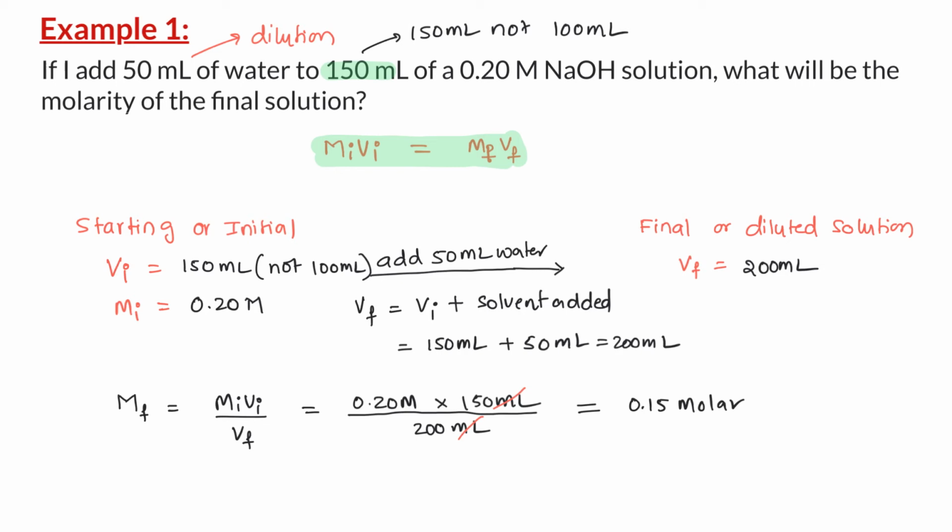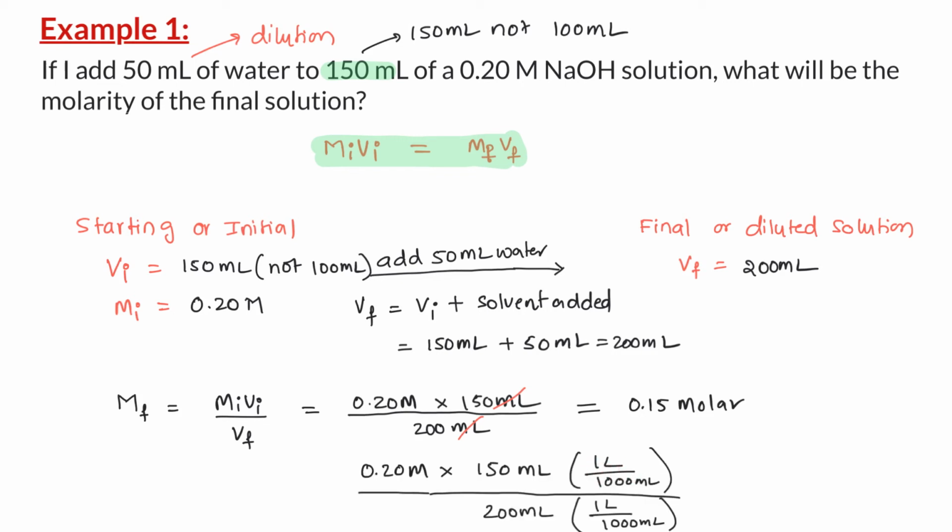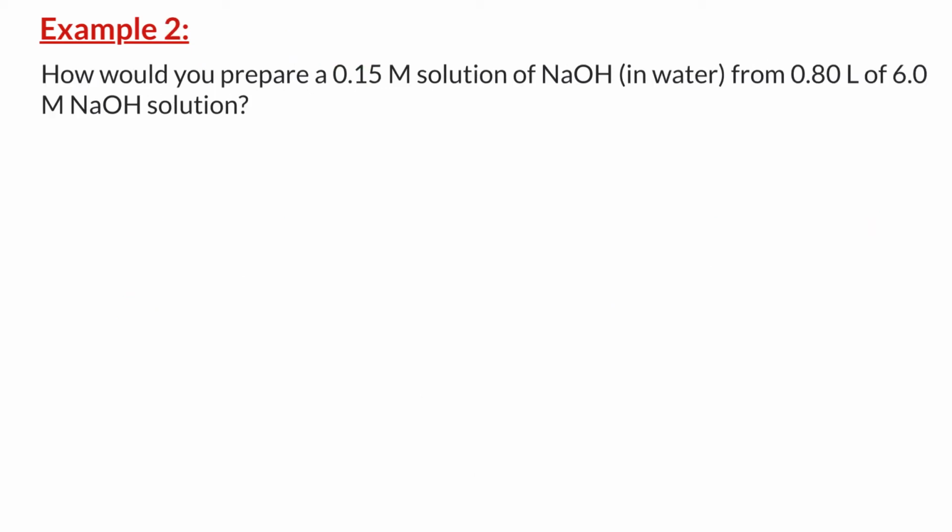Note that we don't need to convert the volumes into liters. As long as both the volumes, that is V initial and V final, are in the same units, this should be fine. For example, even if we convert the milliliters on both sides to liters, we will be dividing both sides with 1000 and they will cancel each other out anyhow. One important tip that I can give you is, whenever you are doing a dilution problem, always keep the units along with the numerical values. Let us do another example.